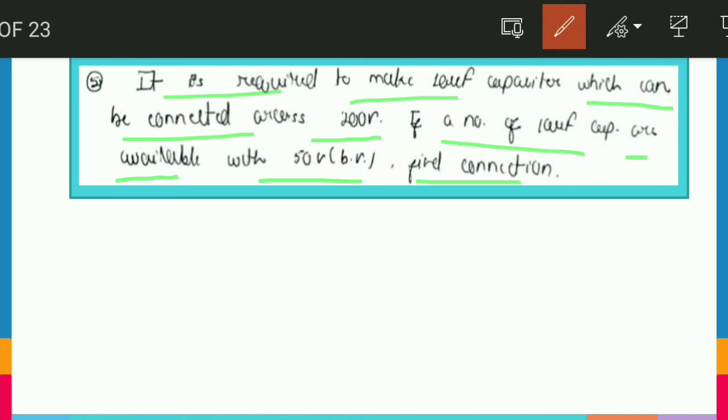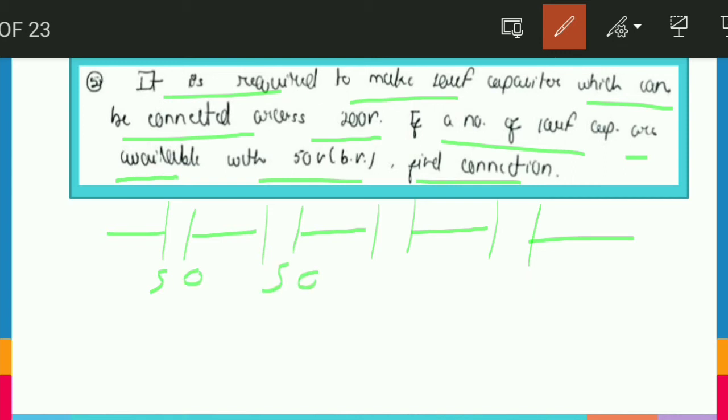So friends, one thing is for pretty sure, our first connection should be this way. Let me draw, then I will explain. Why this way? Because if it is 50, 50, 50 and 50 as breakdown voltages, then overall it will contribute to 200. If it is less than this, the system will not be able to sustain, and our capacitor will get damaged. So this will work.